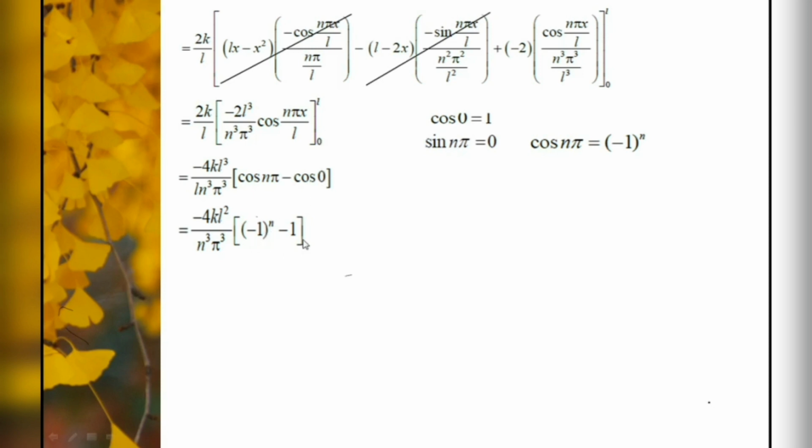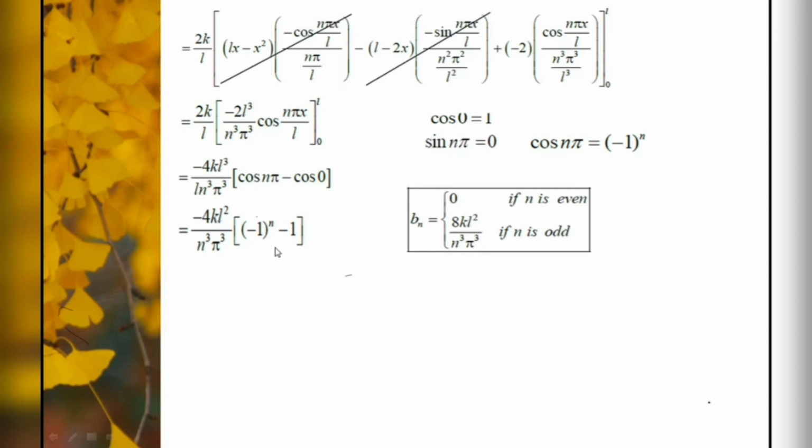See, whenever you have a situation like this, minus 1 or plus 1 here, we have to discuss the odd and even nature of n. Suppose if I take n equal to 1, which is an odd number, so minus 1 to the power 1 minus 1. So, I'll get a minus 2, and that minus 2 multiplied with this will give us 8k L squared divided by n cube pi cube, and it is true for any odd values. Similarly, if you substitute n equal to 2 here, minus 1 the whole squared is plus 1, and plus 1 and minus 1 will give us 0. 0 into anything is 0. So, thus we have the Bn value only for the odd values of n.